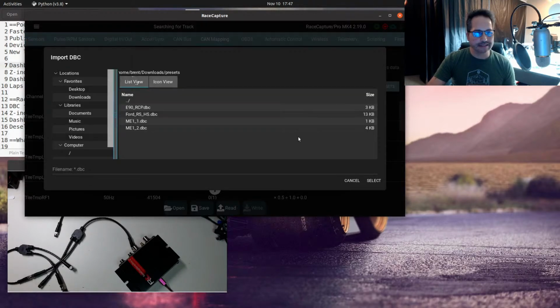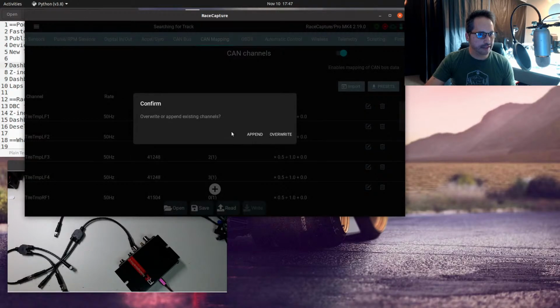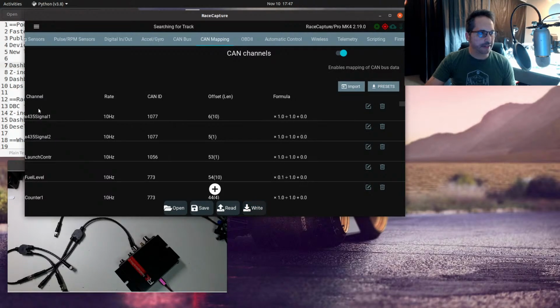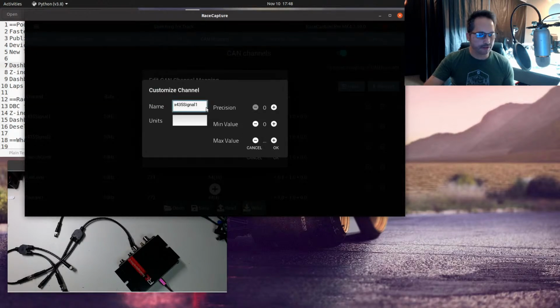Now what we've added is the ability to import a DBC file. So if you have a device that has a standard DBC file, then you can select it and import it. When you select it, you're asked whether you want to overwrite or append to the existing channels. Here we're going to overwrite, and it brings in a bunch of channels. It loads the CAN ID and offset and formula, and it gets you like 90% of the way. What you can do after that is turn these channels into something a little more meaningful, like